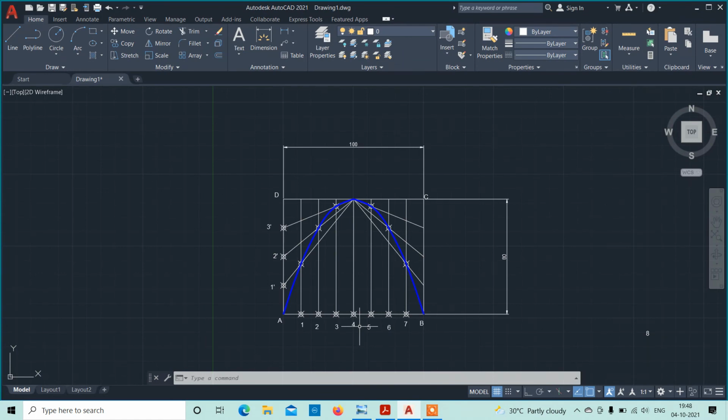We have used line command, then points, ptype, mirror, and then spline. And we have seen how to increase the thickness of the spline also. Whenever you complete the diagram, make sure that all the points and corners are marked, and at the same time dimensions are given. Okay, thank you.